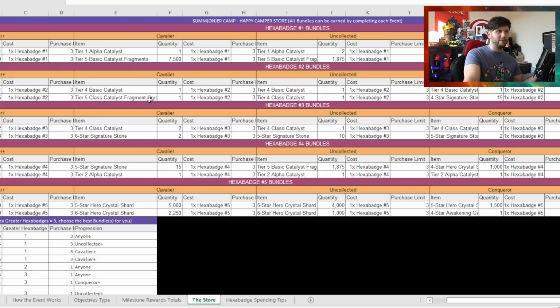It could be that that catapults you to Thronebreaker, if you've done all the requirements to be Thronebreaker. 6-star signature stones as a Cavalier player, you don't normally see that, to be honest, or any kind of volume, and there's not a huge amount. You only get 2.5 5-star signature stones. Yeah, 15 5-star signature stones, 1 tier 2 alpha, 5-star shards times 5,000, which you can purchase